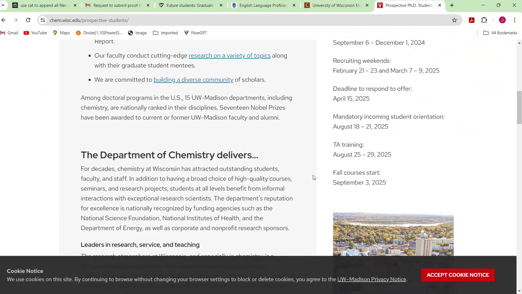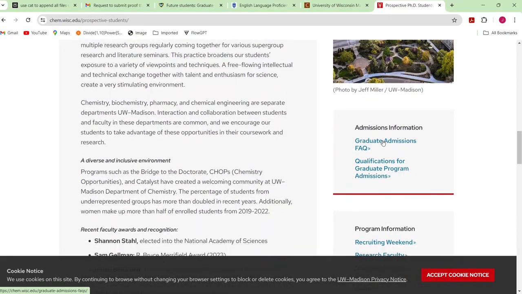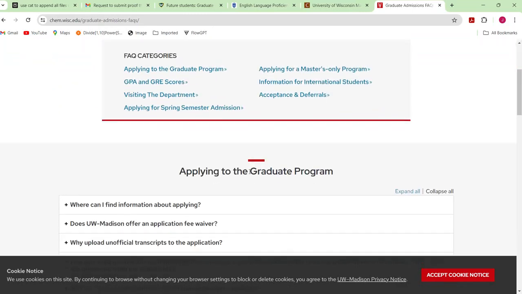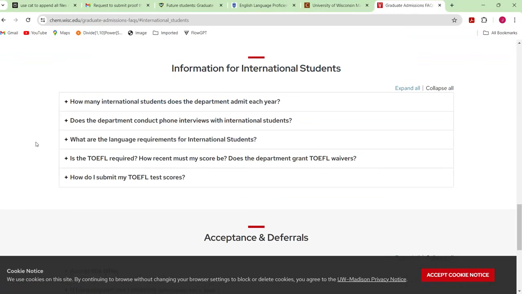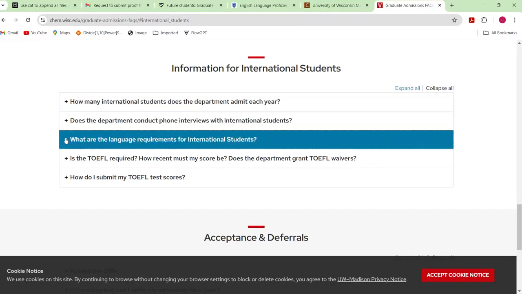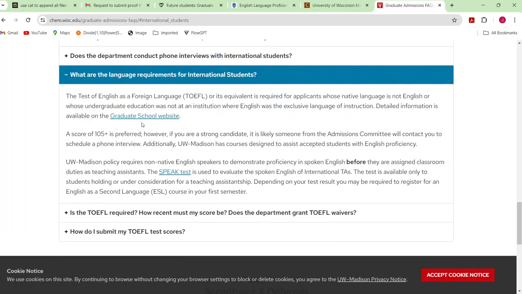How to apply. Graduate admissions. There you go. Admissions information for international students. What are the language requirements for the students? A test of English as a foreign language, or equivalent, for undergrad, and then you have all that. So you can see that they give you a link to say detailed information is there on the